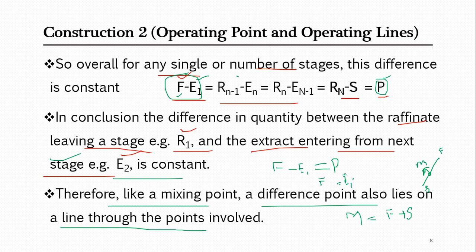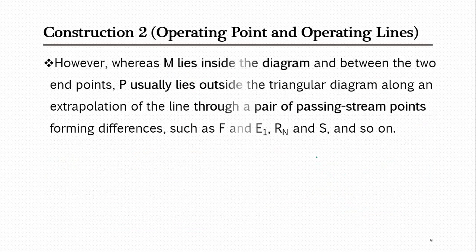Is it okay? This one. So here now this becomes something, the equation which we will have for M. As M used to lie in between, here F will also lie in between somewhere. On the other end, if you rearrange it in the form of E1, E1 will be equal to something F plus P, so this will also be lying on the same line, maybe in between, if F is now on the other end. So let's look at this further.